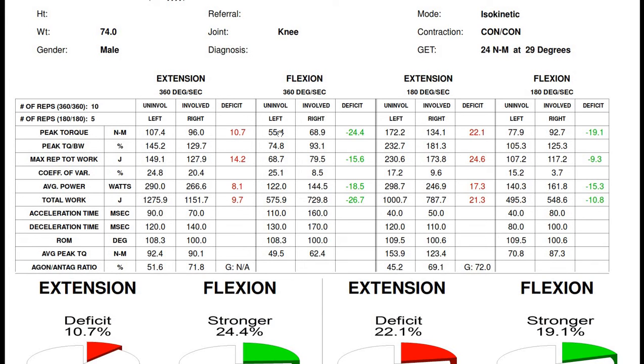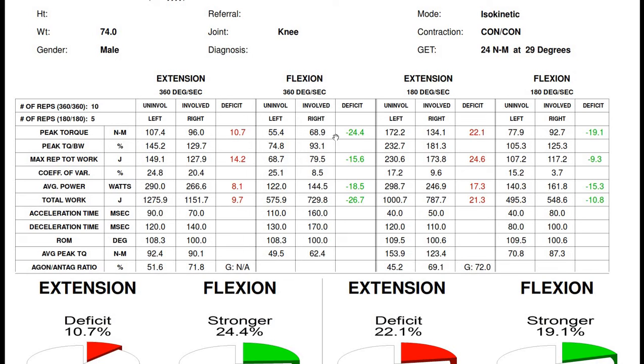The peak torque deficit during flexion is, you can ignore the negative minus sign, it's just done so that you get different values, flexion, extension, positive, negative, depending on the direction, and they color code it accordingly, but you can assume this to be